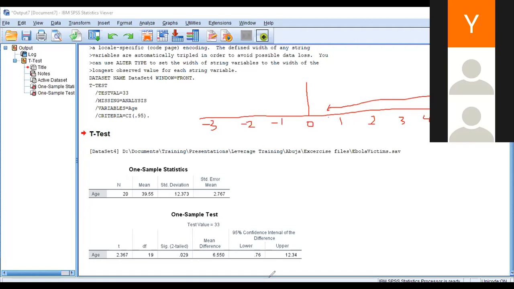Because what you just give us is what you get in your sample. And your sample, in as much as you didn't study the whole population, your statistic can never be equal to the parameter. You need to study the whole population for your statistic to be equal to the parameter. If you study the whole population, yes, whatever you get is a parameter. In as much as you took a sample, what you get is a statistic, which is still far from the parameter. So that is why the confidence interval gives you a range of values within which you can be confident that the population value will be in between.